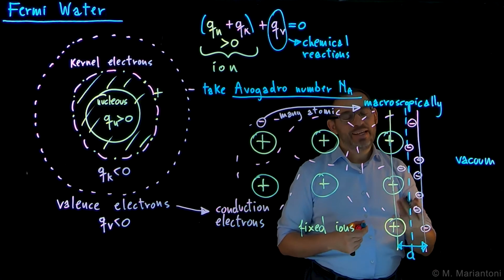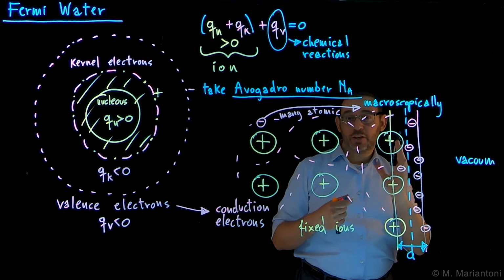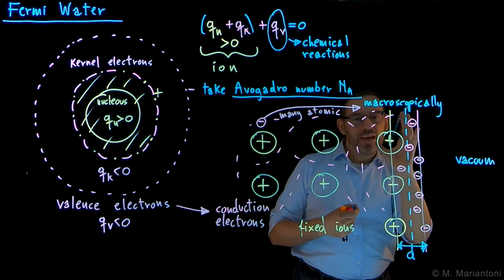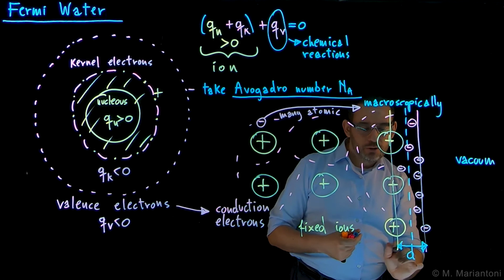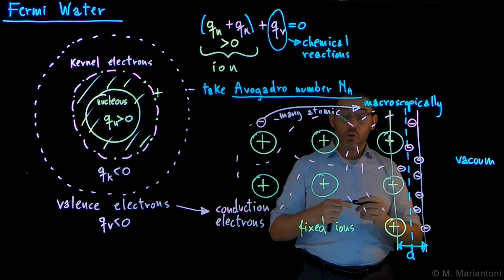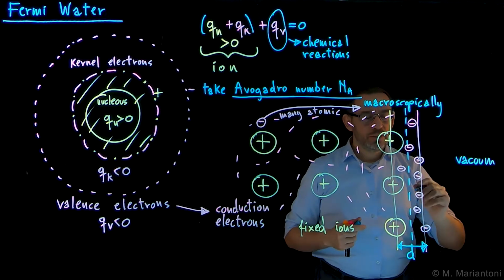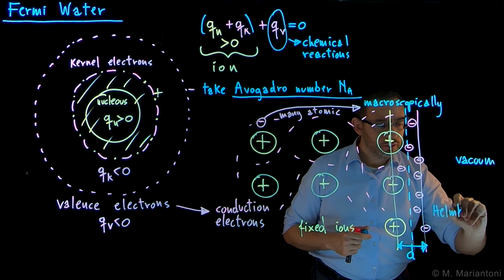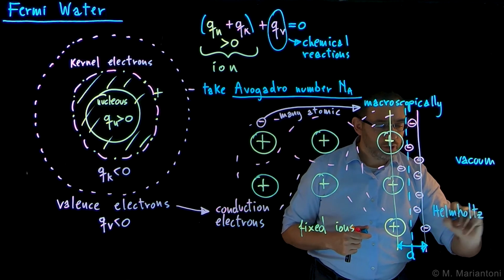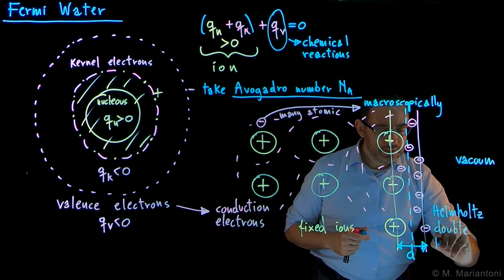The distance small d is an average distance between the last ions before the surface of the metallic object, and then this vapor of electrons which sits slightly on the right-hand side. This configuration is called the Helmholtz double layer,